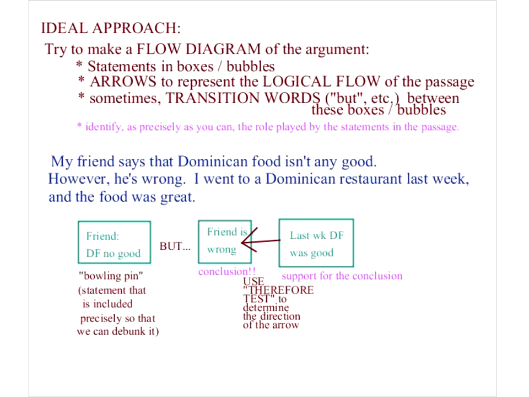Let's come back to this slide in a second. Let me just talk about it, a little bit of a digression, but it's a good point. Let me talk about the advantage of a T-bar versus a flow diagram. A T-bar diagram, if any of you haven't read our strategy guides, is the type of thing that has the conclusion on top, and then you put all the pros over on this side, and all the cons over on that side. Versus a flow diagram,